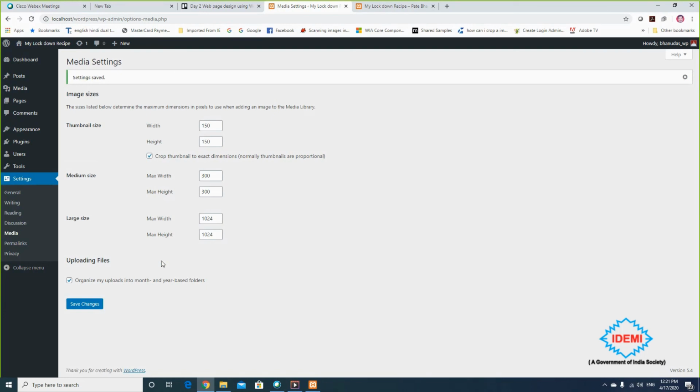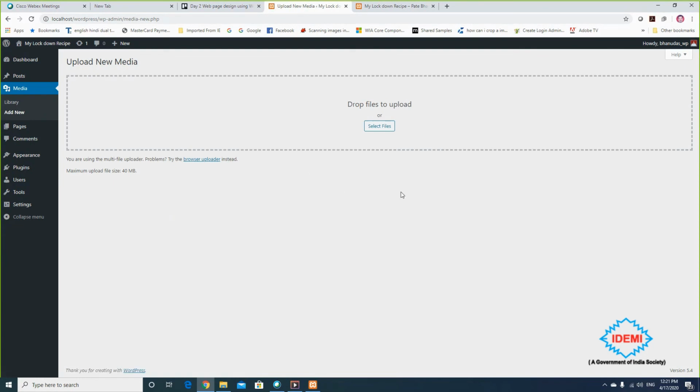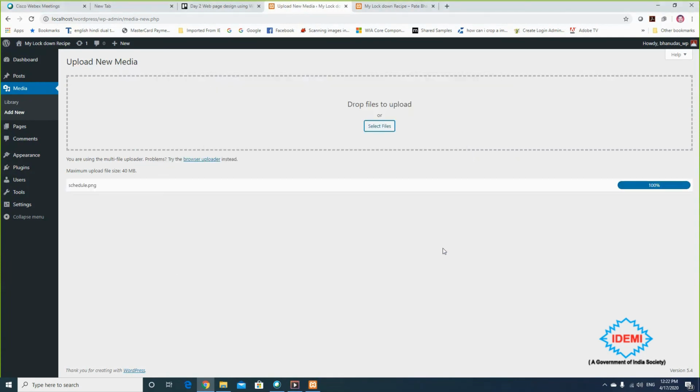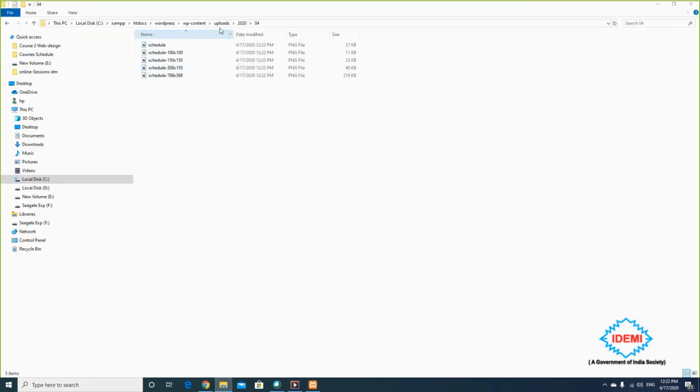So if you want to upload some media, I'm moving to media right now. There is no such file available, so I would like to select some file. Okay, and this is my lockdown schedule because I want to display it here. So I'm just uploading. It is saying upload the images, the schedule is available here, and I want to move my